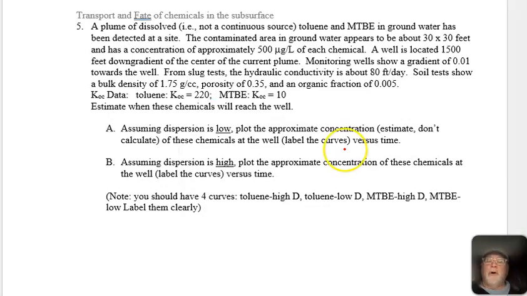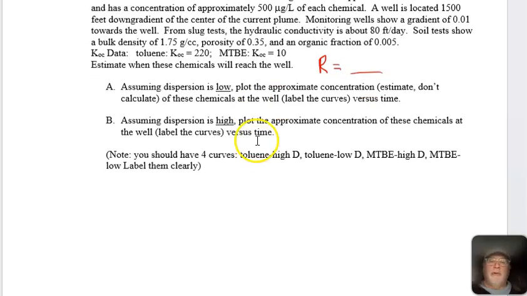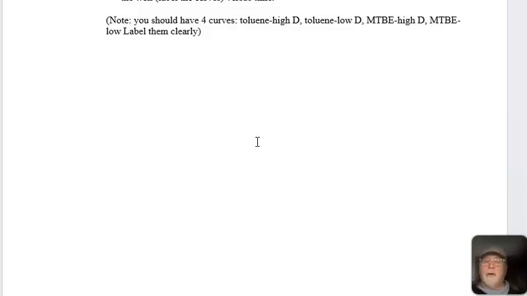Problem 5 is drawing breakthrough curves. So from these numbers, you should be able to calculate retardation factors for both these chemicals and then plot dispersion low and dispersion high. Don't worry about the exact numbers on dispersion. Do worry about, so you have 4 curves here. So you have C,